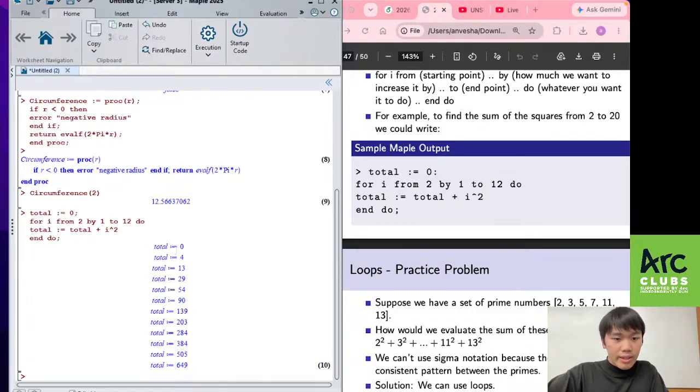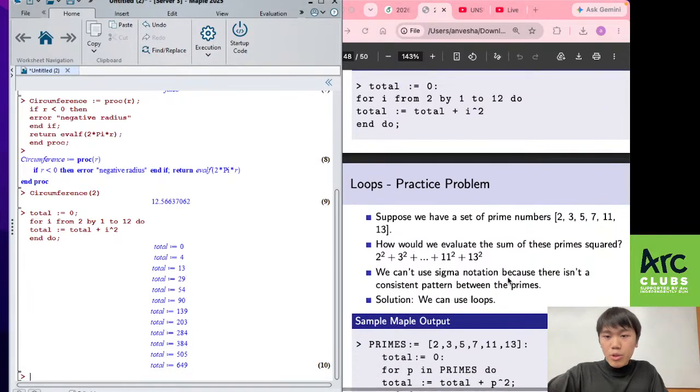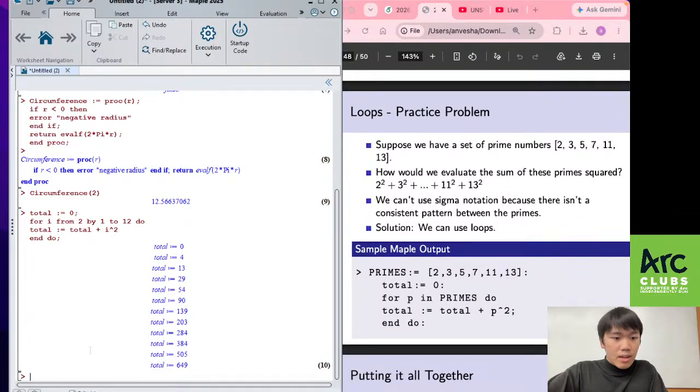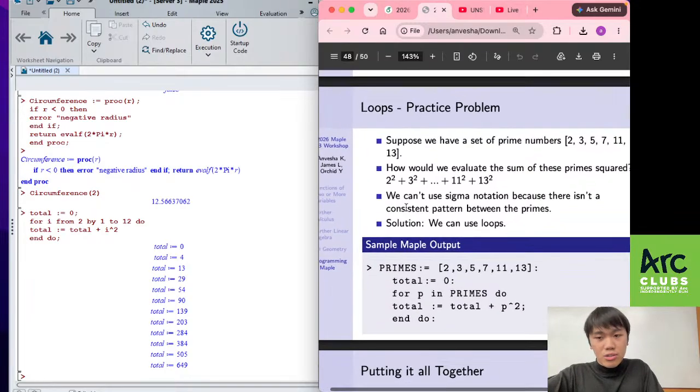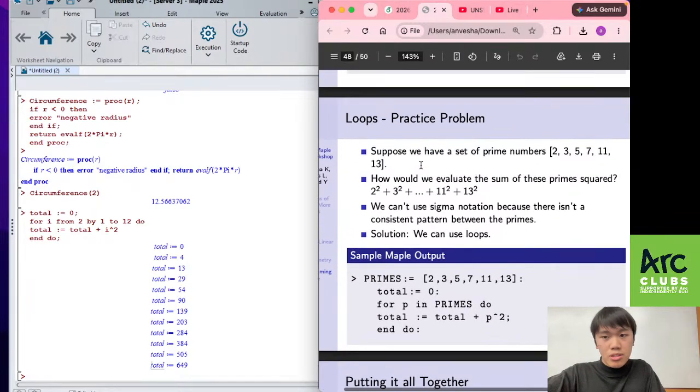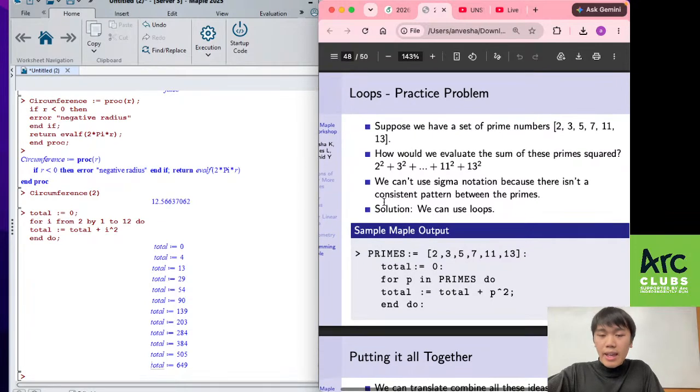So as you can see, it adds up 2 squared, adds up 3 squared, 4 squared, 5 squared, and then you can get your end result, which is 649. And we'll go through another practice problem, just to go through how you can apply this in actual questions. So suppose we have a set of prime numbers 2, 3, 5, 7, 11, 13, and what if we